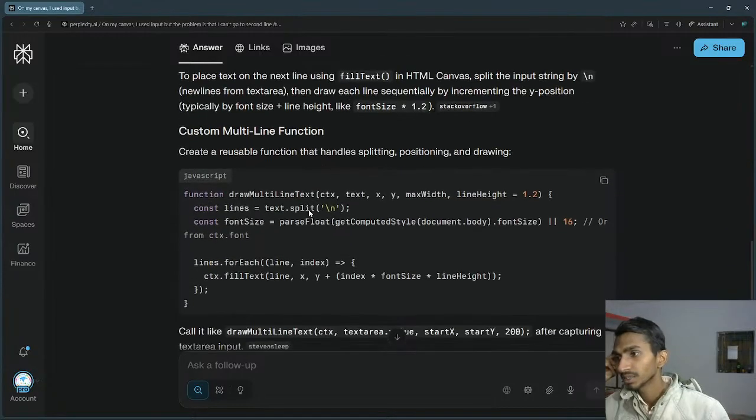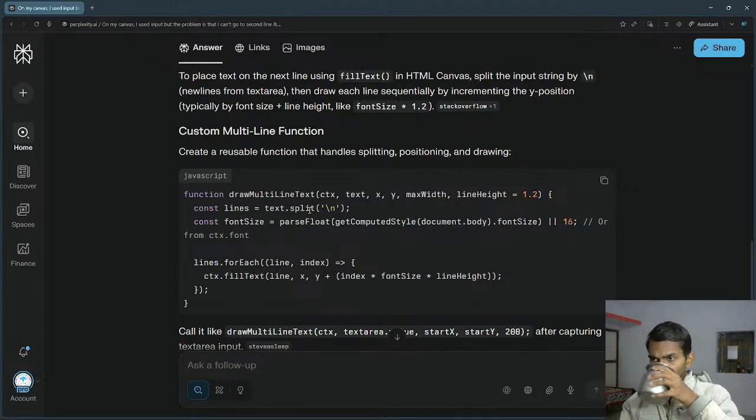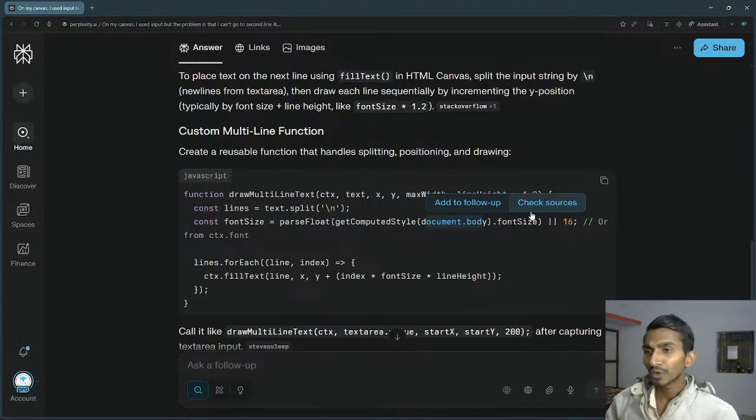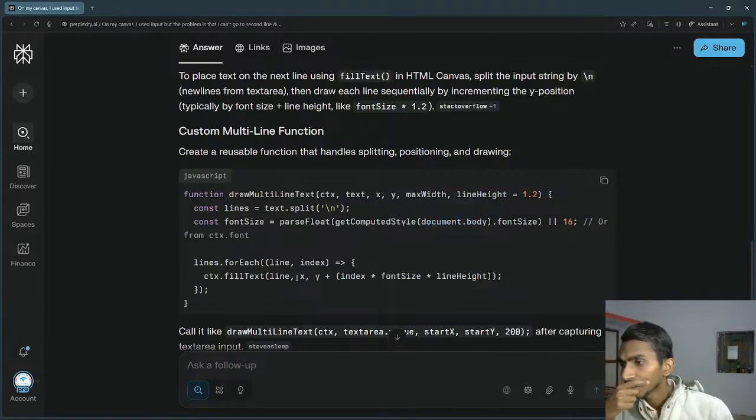So, how can I place text multi-line? This is something that I have to use. I will get the lines, and once I've got the lines, the font size that's being used, document.body, I can get the font size. By the way, that font size is by default 16. Either I can get that font size, and the line is okay, X is okay, Y is getting increased, right? So first of all, I am getting the index,